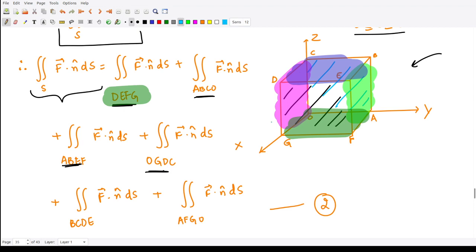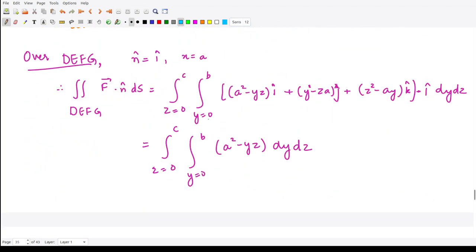Now let's see what do we have for this particular shaded portion. So here this face is a distance away from the origin, right? And moreover, what is the normal drawn from this? It would be a unit vector which is drawn outside the surface and parallel to this face. So it would be the unit vector in the direction of x cap. That would be I cap. So for this particular face DEFG, our unit vector is simply I cap, because the unit vector is drawn in